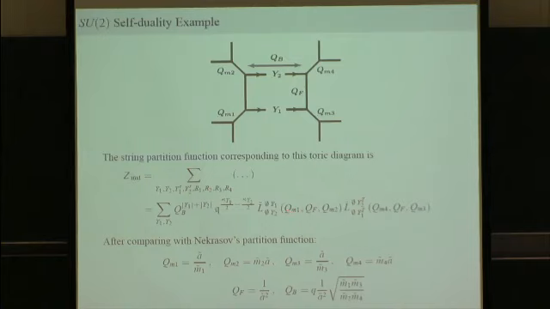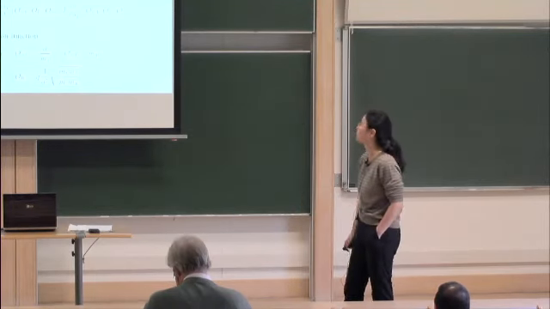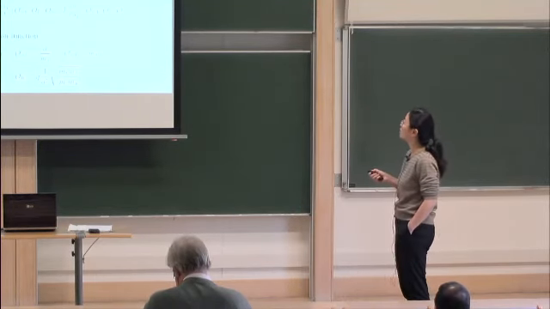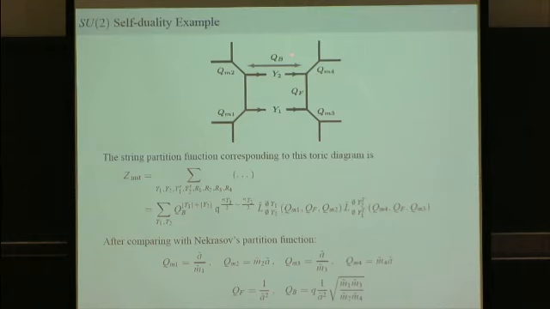So for this diagram, for instance, you should sum over all the Young diagrams that correspond to this line, this line, this line, this line, this line, and this line, leaving y1 and y2 unsummed, and then you will automatically land on the Nekrasov partition function. The way we did it was to compute this part by itself, and then sum over this part separately, and then glue them together in the end.